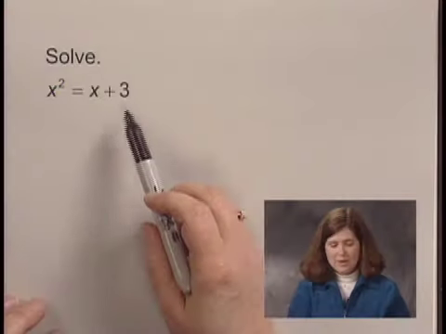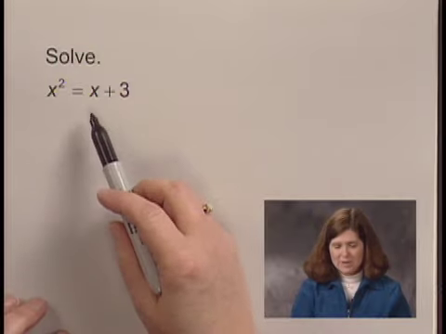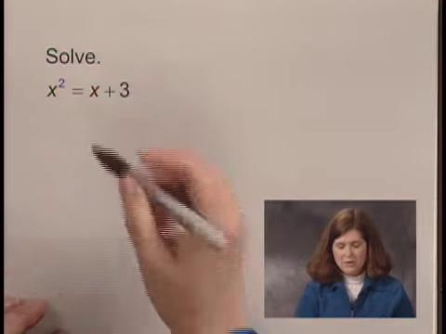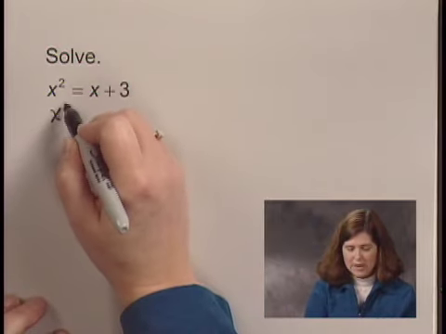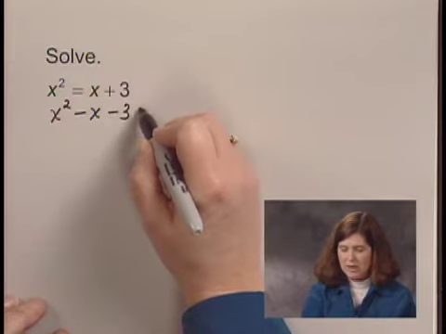In this problem, we'll solve a quadratic equation. We'll solve the equation x squared equals x plus 3. We'll do this first by getting a 0 on one side of the equation. We subtract x and subtract 3 from both sides of the equation to write x squared minus x minus 3